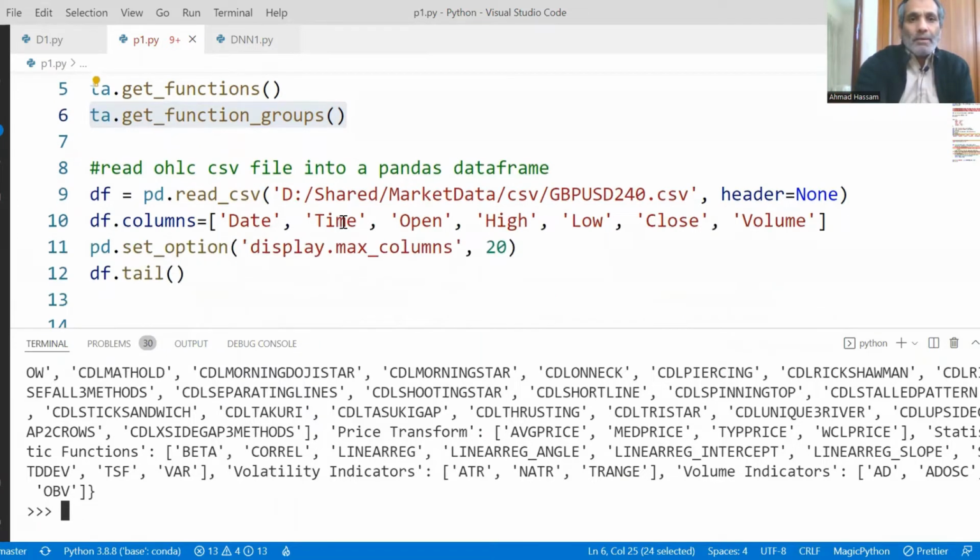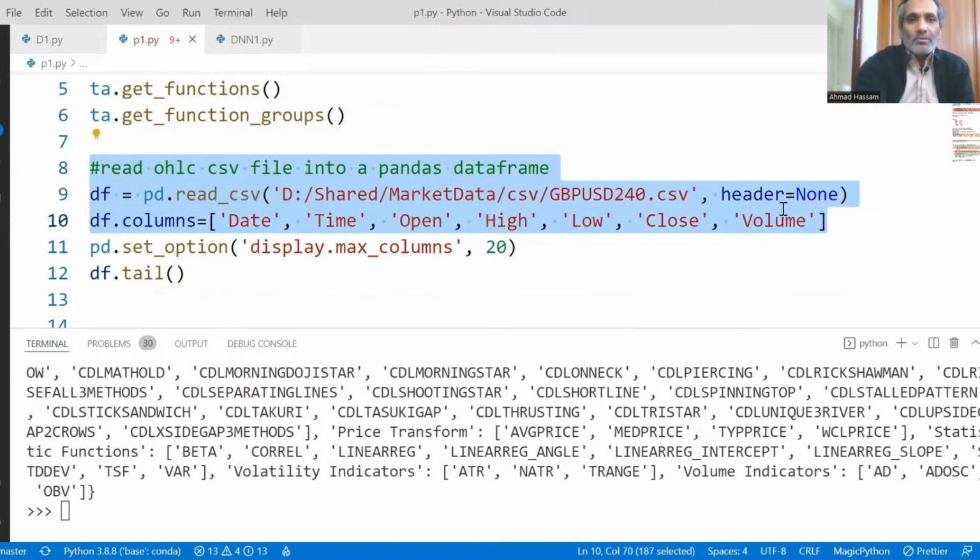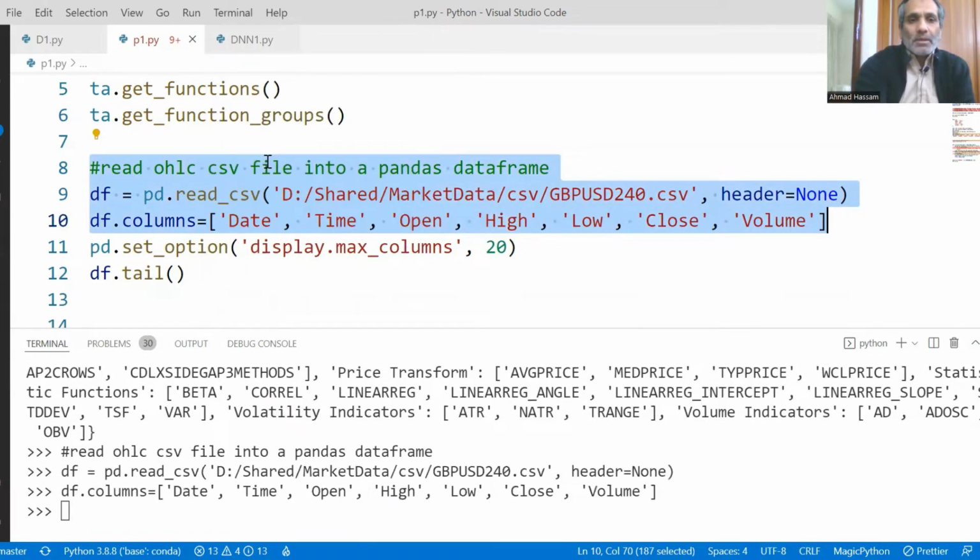Let's read this pound dollar 240-minute data. 240 minutes means H4. Then we name that also. This statement tells pandas that it will display up to 20 columns.